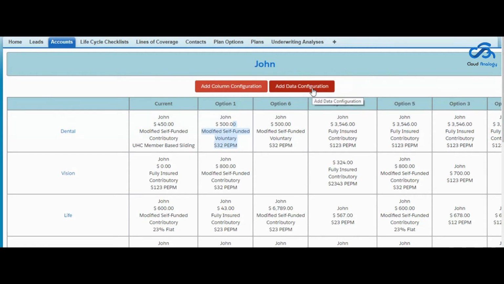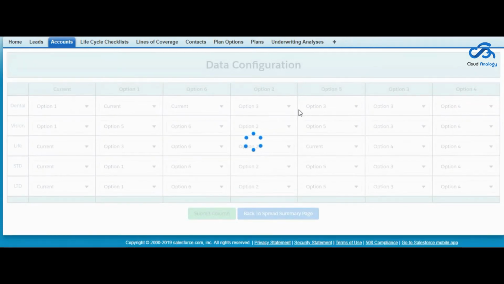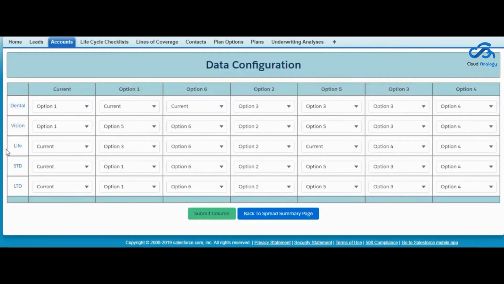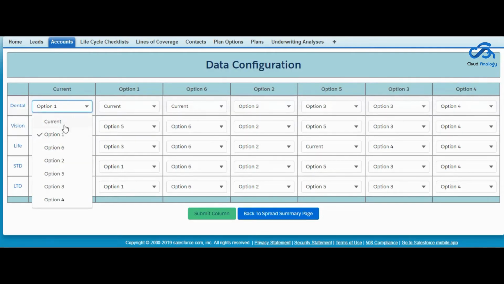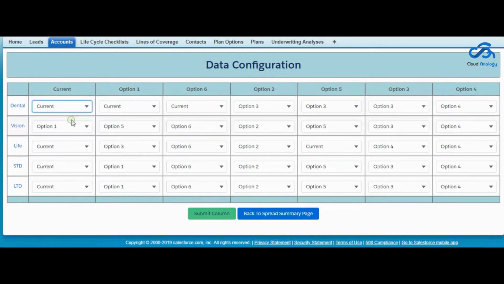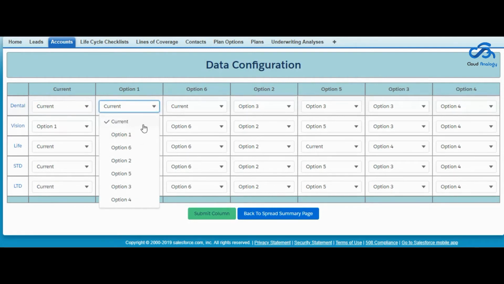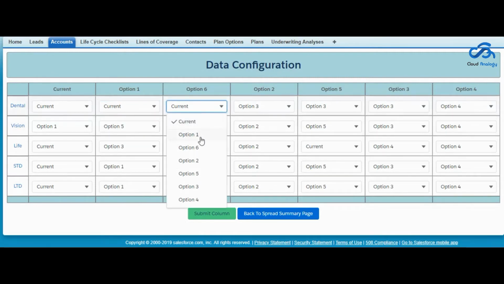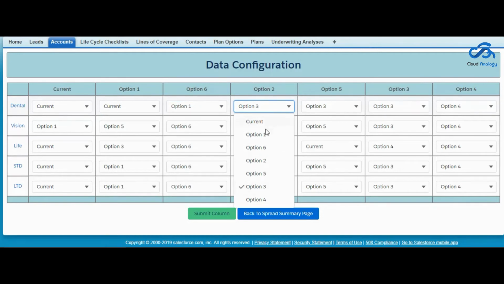This will happen when you click on the add data configuration. It will open a new page regarding the LOC. You can update any column data from here. If I want to update the current column data, then we have to select current in the current column, and in option 1 we will select current data, and in option 6 we will select option 1 and also option 2.